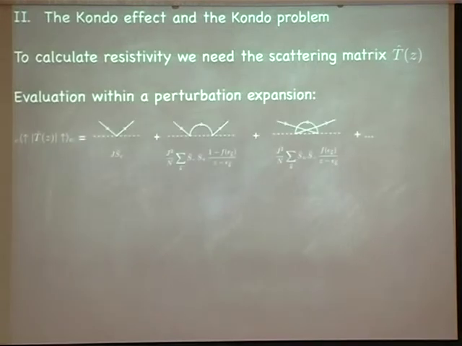Okay, so let's do that within a perturbation expansion. Now, what type of scattering events do we have? Well, I try to picturize that here. Those who know Feynman diagrams may be well off. The others just think of it in physical terms, namely, here we have our local spin, represented by this dashed line. Here we have a conduction electron coming in, and here it's scattered out again. So there's a k associated with that line with some spin sigma. Here's a k prime associated with some spin sigma prime, maybe.